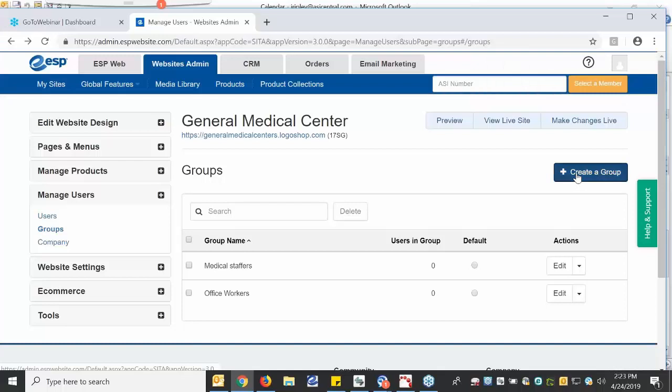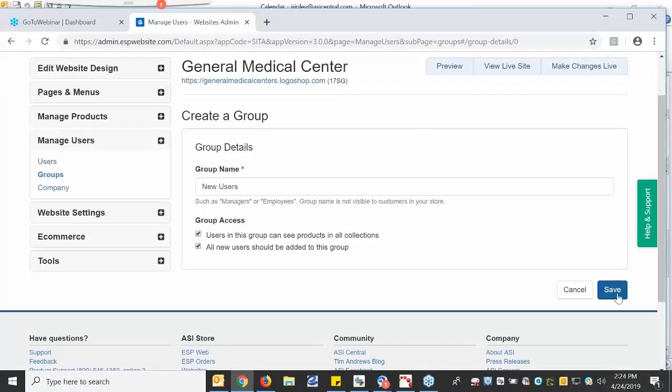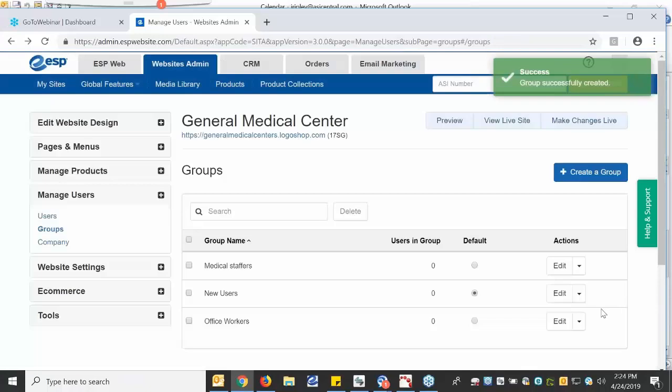I'm going to create one more group, and this group is going to be called New Users. And these are people that go into my store, they know the password, but they don't have a login. They're going to create a login on the store. This is going to be a group for them. So people that come in and purchase and they don't have a login, I want them to be able to see all products and all collections. And I'm going to check all new users will be added to this group. I'm going to choose Save, and now you can see I have